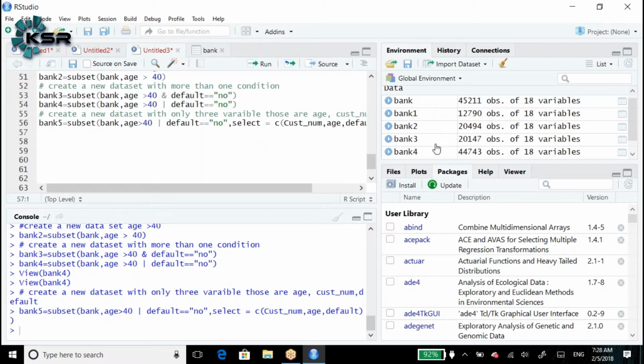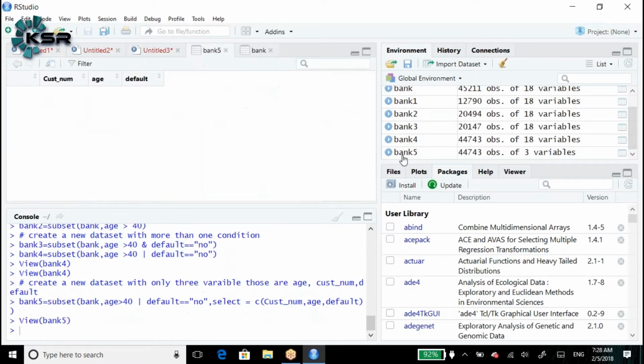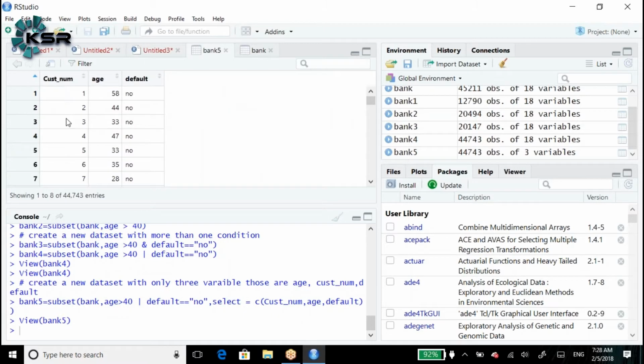See, here we created bank 5 with only 3 variables. We selected the customer number, age and default. Let me click on this. We got the customer number, age, default. Clear? Any confusions, guys?